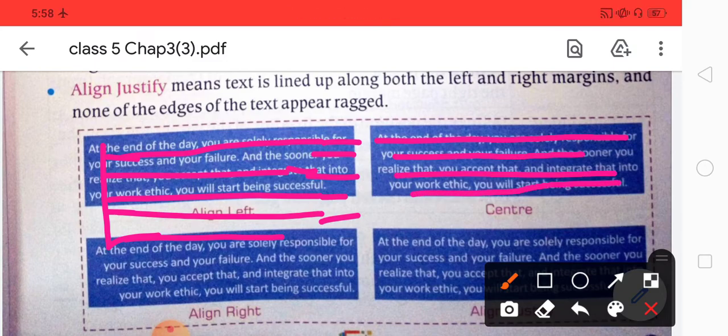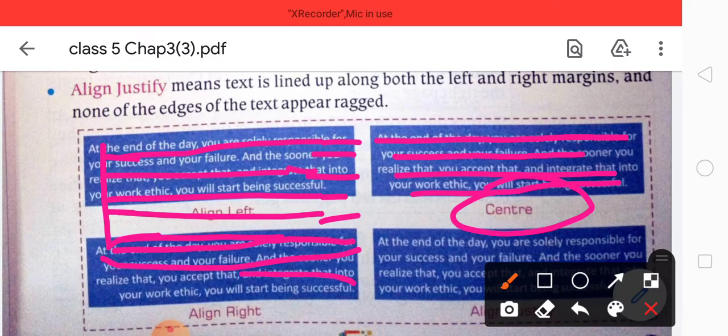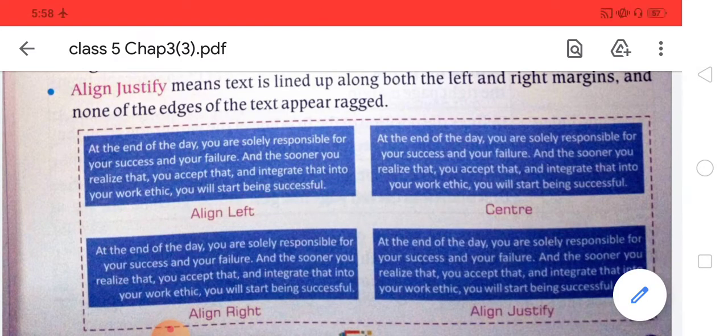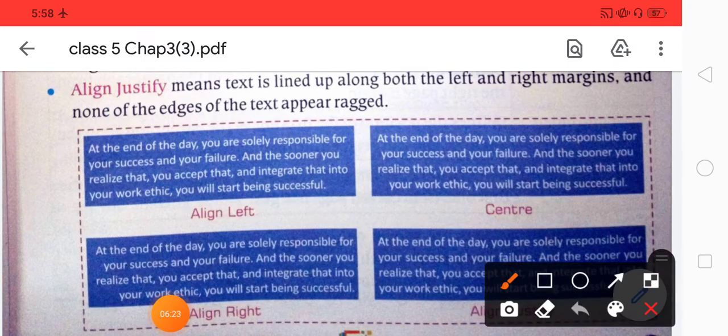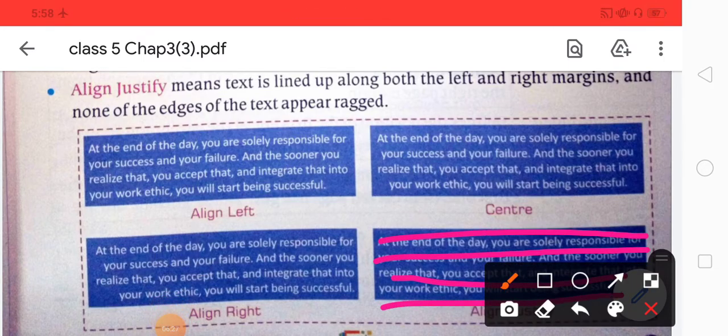So this one is center alignment, and here all lines start from the right, so this is right alignment. Then the last one is justified. Here the paragraph is in the same size, or in a parallel way.